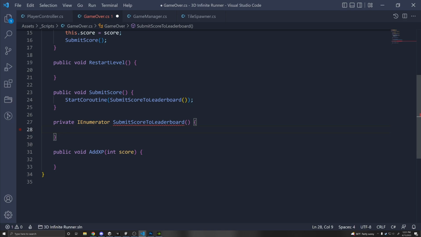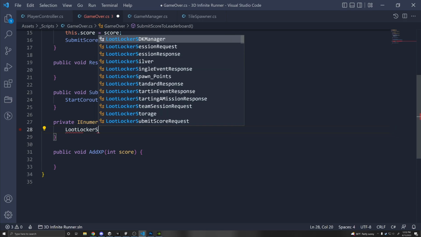Now, if you remember, the player can submit their name. You might want to do this another way, like having the player set the name at the beginning of the game. But in this case, just to simplify, we're going to do it every time they have lost the game, similar to the original arcade games. So first we need to set the name of the player, and we can do that by doing